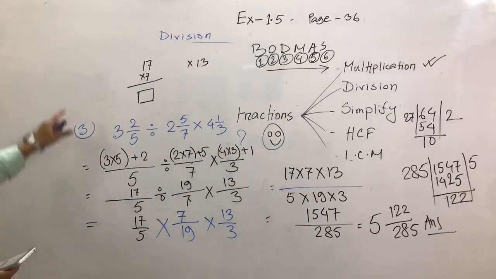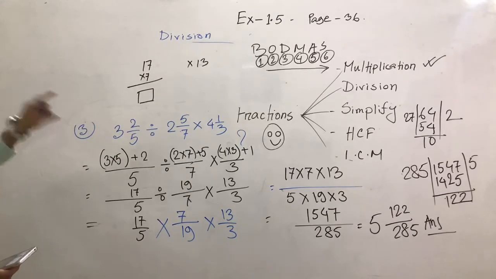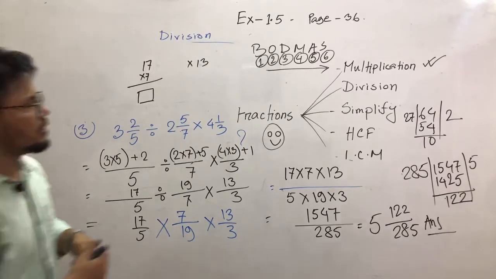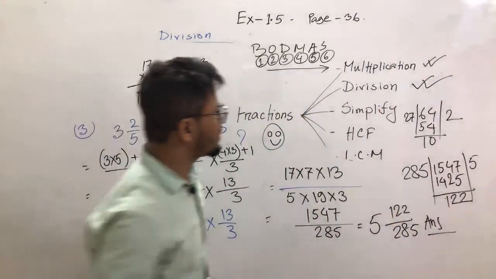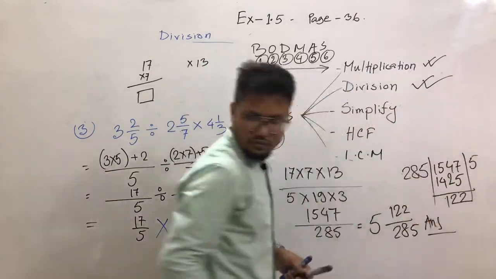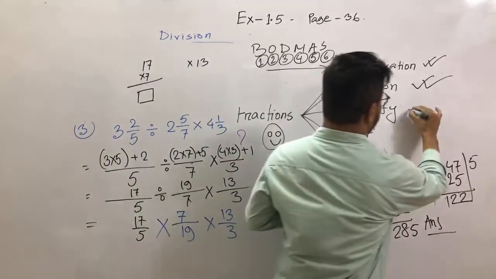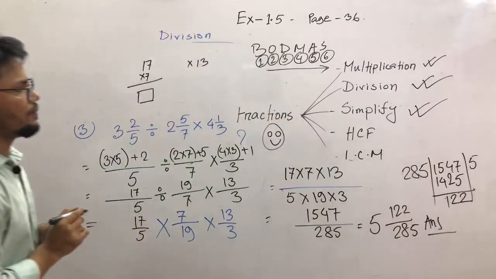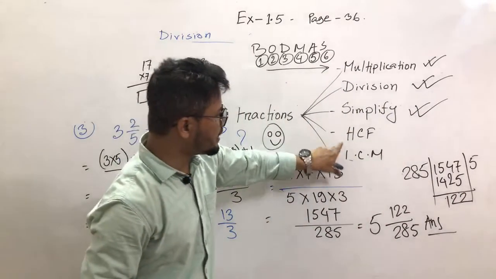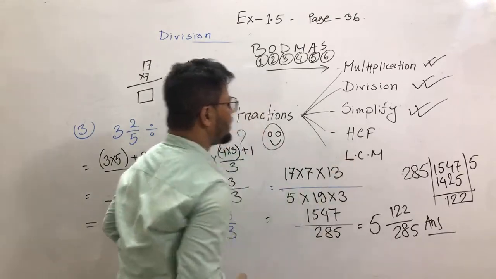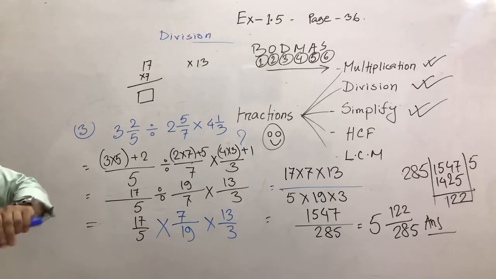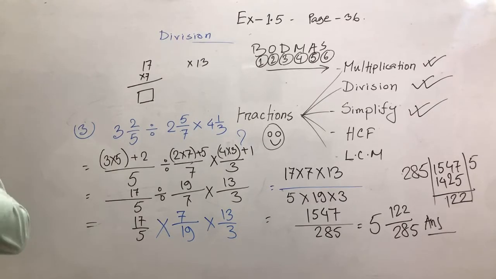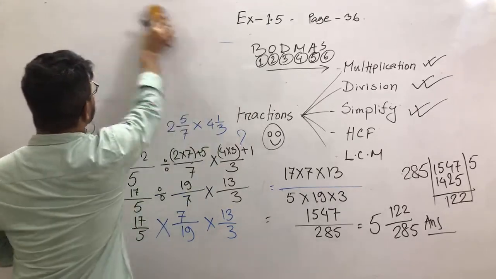So I think our addition and simplification, and the division work and simplification work is also done. This is the simplification done. Now another topic is HCF and LCM. So we have to write down the two formulas here, HCF and LCM. Just 1 minute remaining. We will discuss the formula.